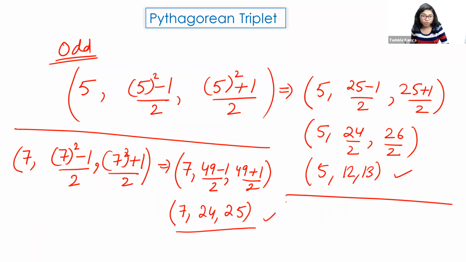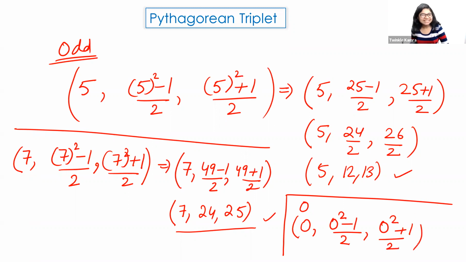In general, for an odd number, what do you do? The simple trick is, if you're having an odd natural number, you first square the odd number, you subtract 1 and then you divide by 2. Okay? You square the odd number, you add 1, you divide by 2. Here it is. So nice, so interesting, right?